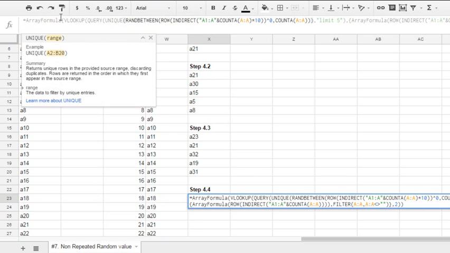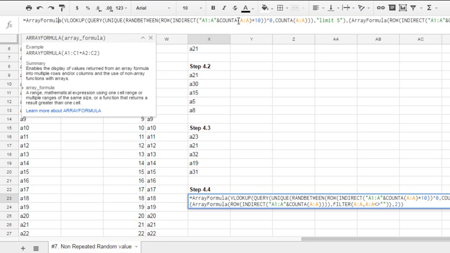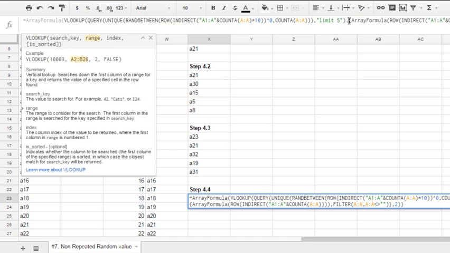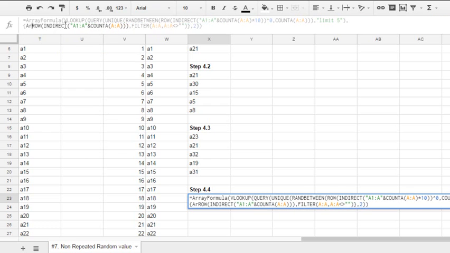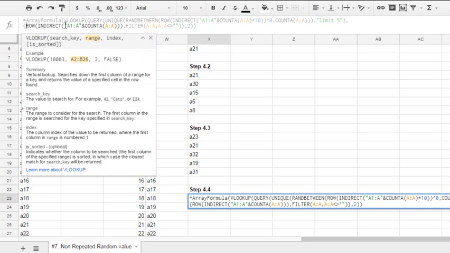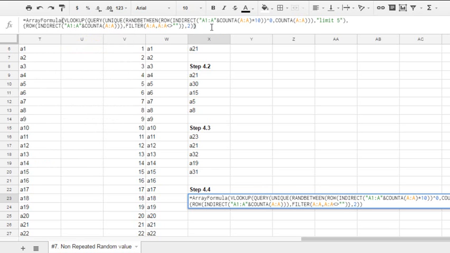But we already have an array formula outside, so we don't need it. And also is this second array formula, and here, so I'll delete this parenthesis and delete this array formula text, and I see no more extra array formulas, so this is our final big formula for counting